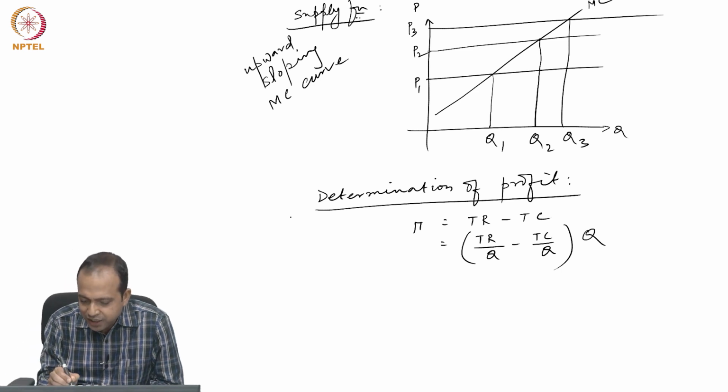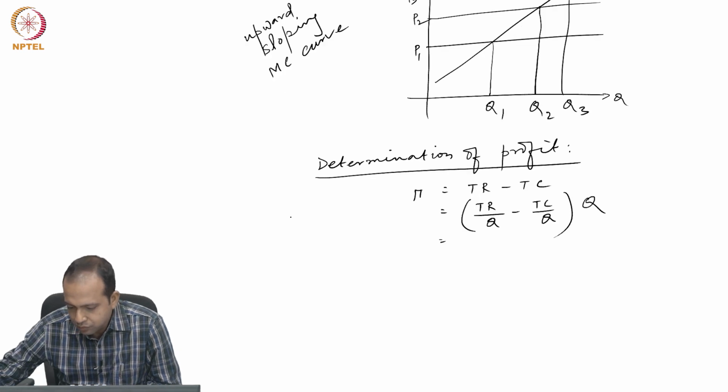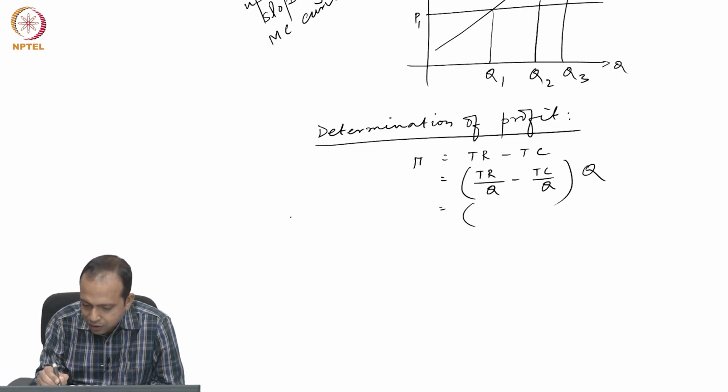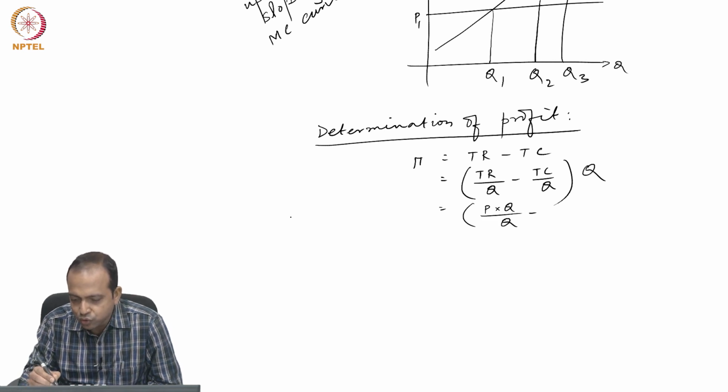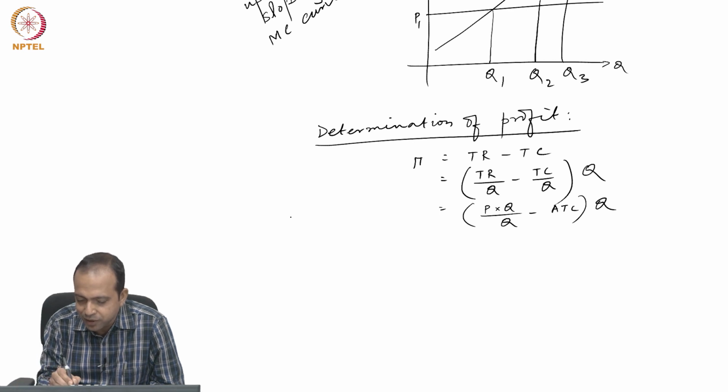Now, TR by Q is nothing but P into Q by Q, and total cost divided by Q is nothing but your average total cost, and that is multiplied by Q,